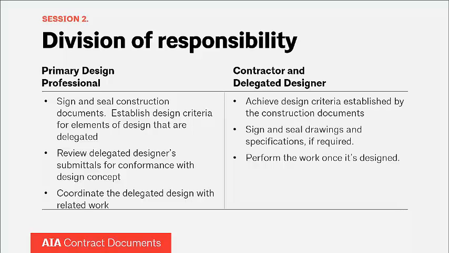Then it is going to be the responsibility of the contractor and the delegated designer, the secondary designer, to actually achieve the design criteria established by the construction documents. They might be doing things like signing and sealing drawings and specifications if they're required, and then passing them back to the primary design professional, whose responsibility it will be to review the delegated designer's submittals for conformance with the